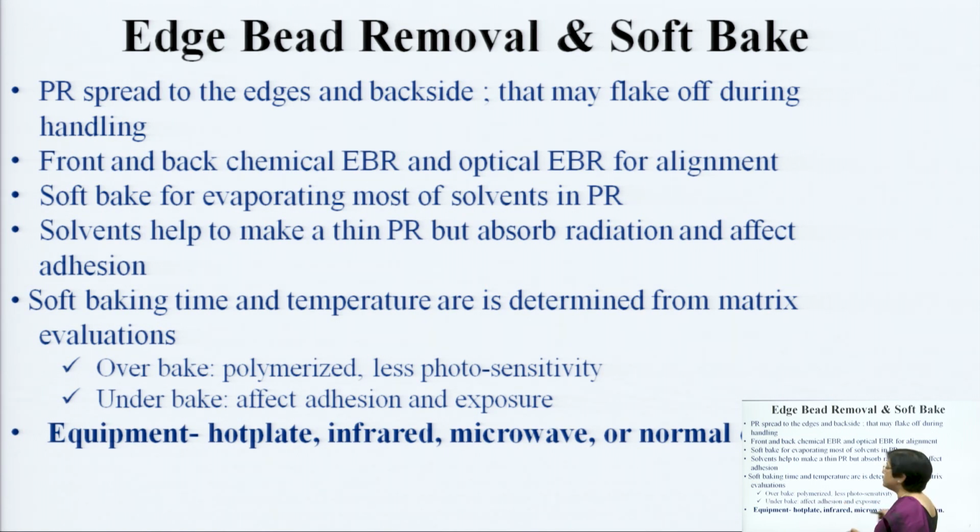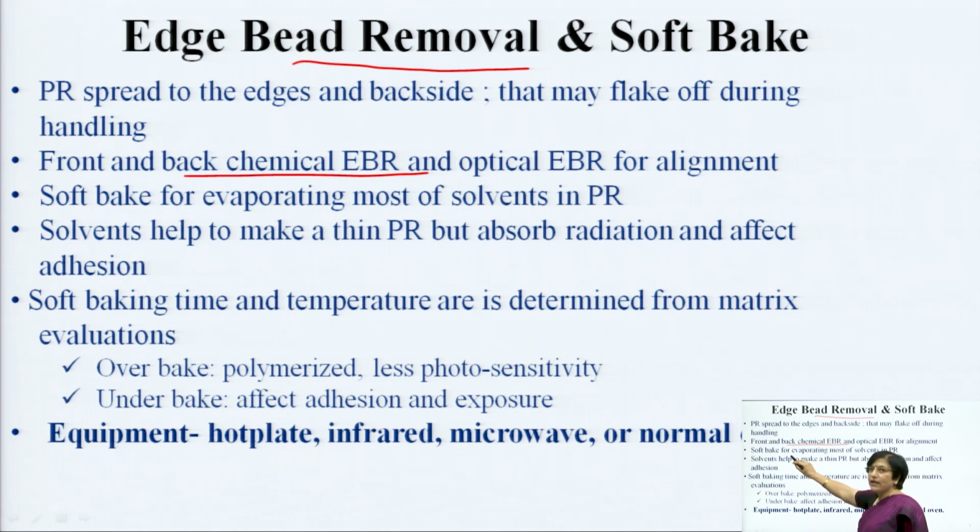Now, you do not want beading at the edges, or a right angle at the edges. So, here you carry out the front and back edge bead removal. That means, whatever edges are there, you try to soften them, and after softening the edges basically you carry out the soft bake. Now, this soft bake is basically to evaporate the solvents which are available in the PR, because to maintain the viscosity you have some solvent in the PR, and you want that PR to be dry completely, and therefore you eliminate the moisture content by soft baking.